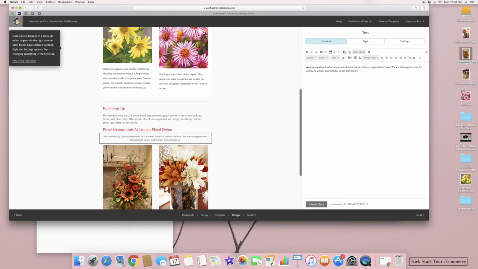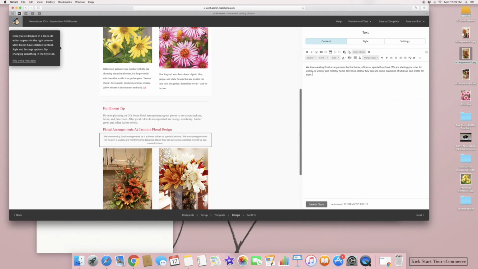We're putting the content we need in right here, letting them know that they have the option for weekly, bi-weekly, or monthly home deliveries. Below, they can see some examples of what we can create for them. If they are interested in,